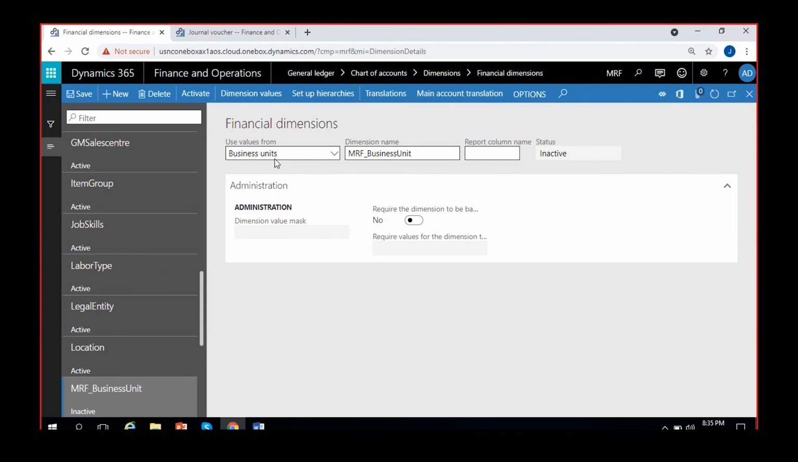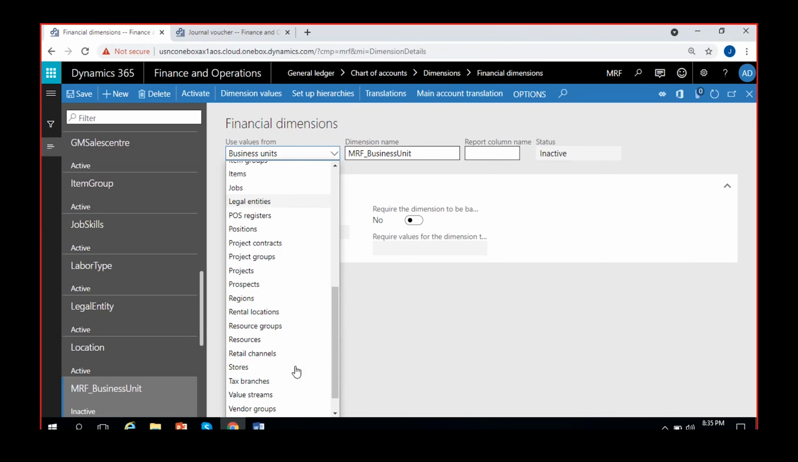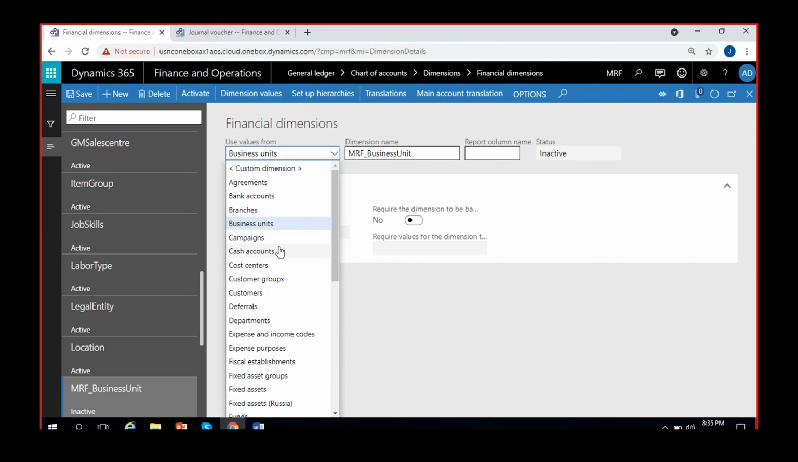So we did not use a custom dimension. If we use a custom dimension, those values will disappear or we don't find any values. We have to customize or create values on our own. But I can also copy the values from already existing dimensions like this. So what happens is